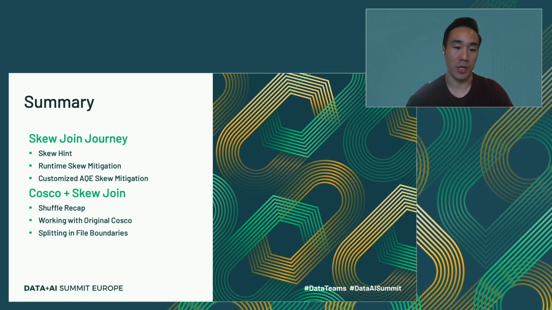As the summary of our talk, today we discussed how we improve the runtime latency of pipelines by gradually solving the skew problem of our large joins efficiently, namely skew hint, runtime skew mitigation, and also customized adaptive query execution skew mitigation. We then discussed the importance of Cosco for I/O efficiency, and the techniques involved in solving the challenges we faced while integrating adaptive skew mitigation with Cosco by splitting skew partitions into